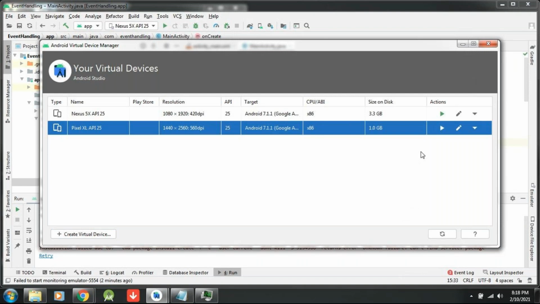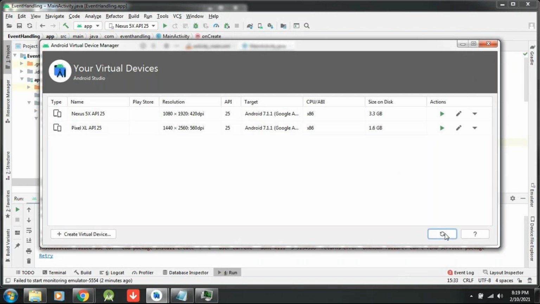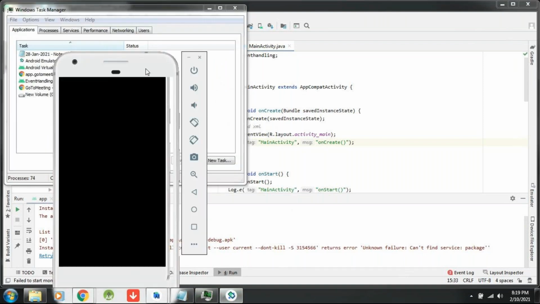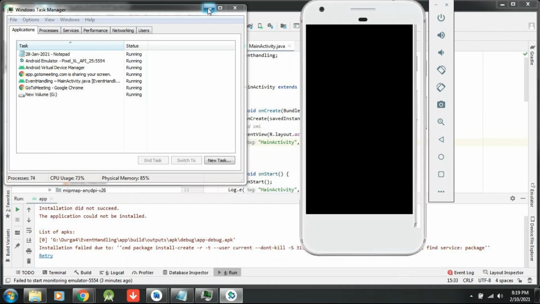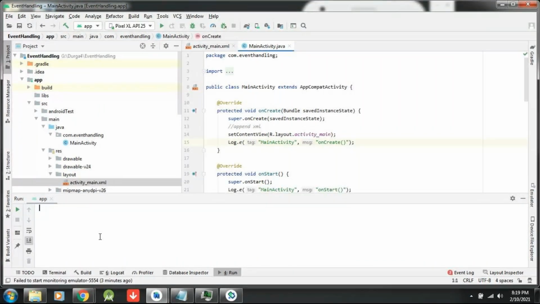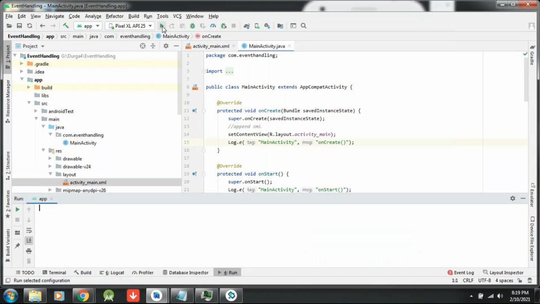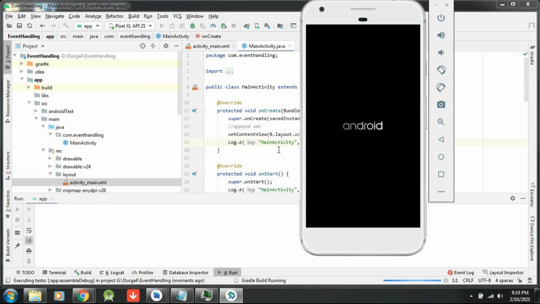Okay, 1.0 GB. Let me start this. Start. Sorry guys, actually I am taking your time, because without execution, whatever we write, that's not at all a correct thing.